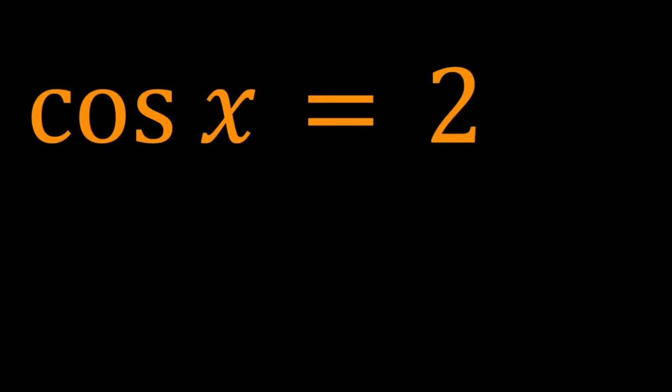Hello everyone. In this video we're going to be solving a very interesting trigonometric equation. Why would this be so interesting? It looks so simple, right? So pure and simple. Cosine x equals 2. What makes it interesting in my opinion is that cosine can only take values between -1 and